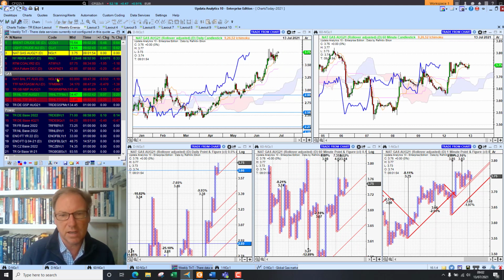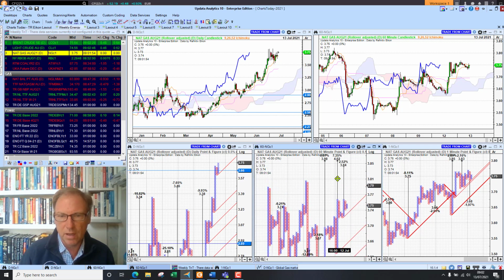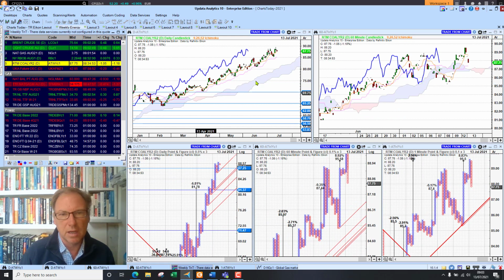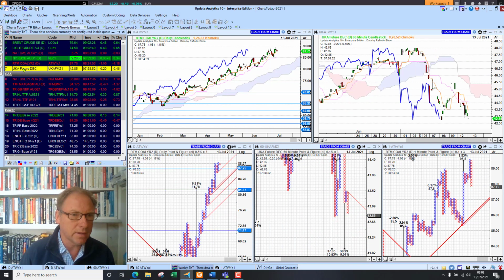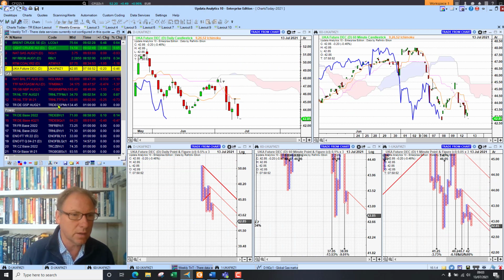US nat gas sitting steady at $3.75. We've got quite a lot of upside targets here, $1 to $4.02. So quite interesting that we are seeing those upside targets on nat gas, and we've come back into bullish territory there as well. Coal is down 1%, but still looking very strong on the long-term trend there. And if we look at emissions, we're seeing here we're low as well. So UK emissions looking quite interesting there.